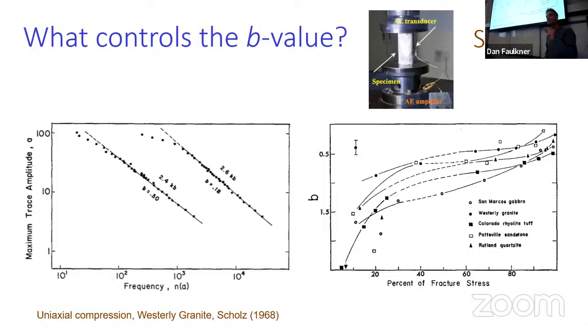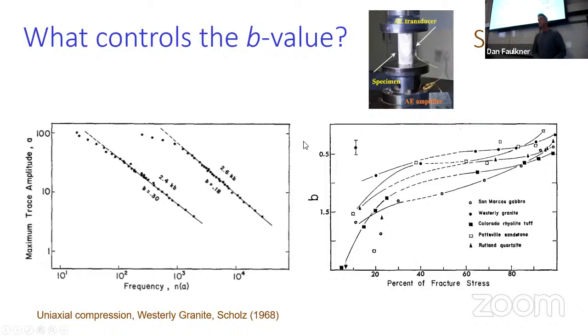Small values of the B value, say 0.5 as opposed to 1.5, tell you that we've got more large events relative to all the small events. And if we have bigger values of the B value, this tells us we've got more small events and not very many big events. So what Schultz was saying in his work is you take a rock towards failure, then you start to get more and more big events at the expense of all the small events that are happening in there, which kind of makes sense.